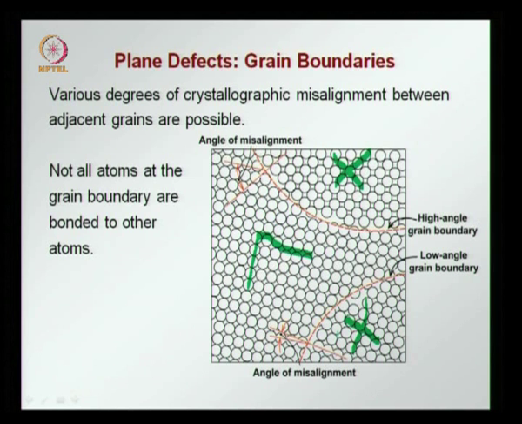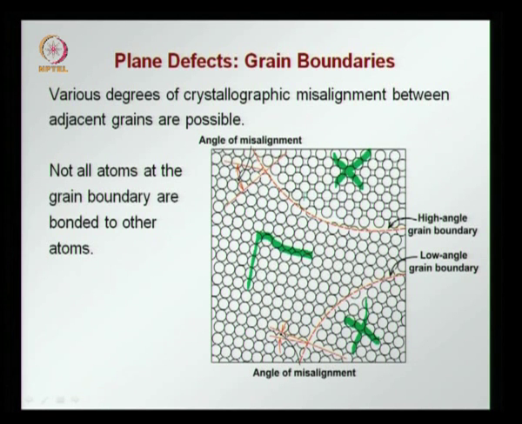When they meet, in this case there is a small angle between the planes of these two crystals. So the distances between the atoms at this grain boundary are more than inside the lattice, but not too much. But if you see here at the top, you see a bigger misalignment or mismatch. This plane is going this way, but now the adjacent plane has a bigger angle,